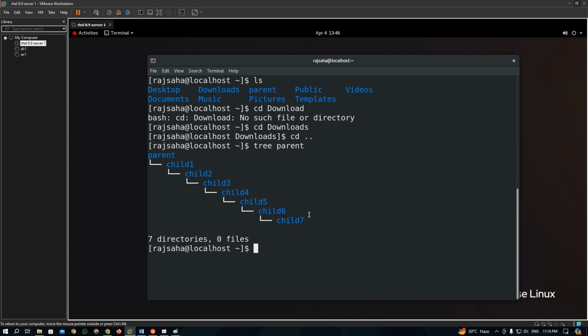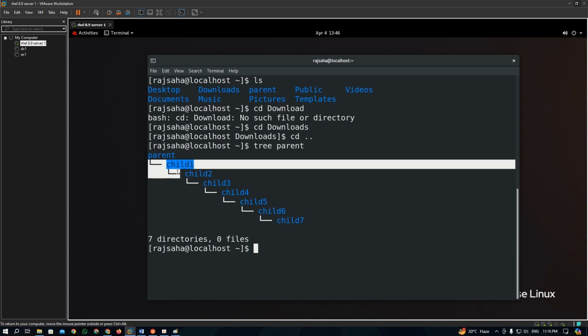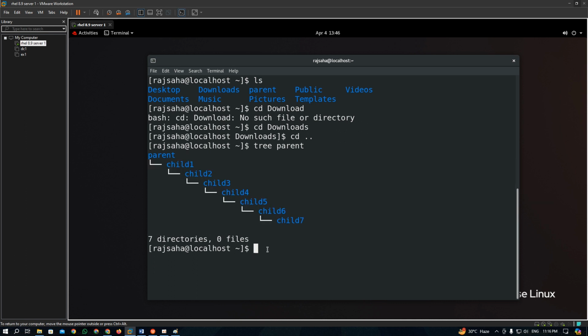Okay, so let's say I am currently in the home directory and I want to go to this child7. So is this up or down the directory levels? This is definitely down the directory levels, right? So I can use a relative path. I can use the cd command, change directory, and I can use